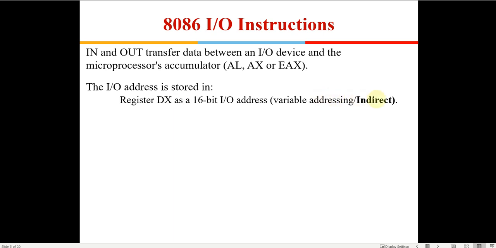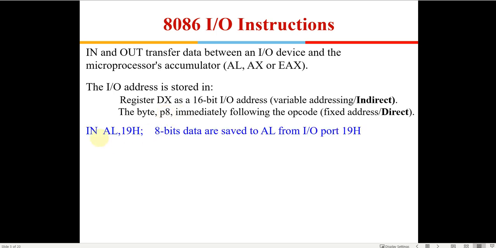For indirect addressing, the address is stored in the DX register. A 16-bit IO address can be stored in the DX register, and then we can use the indirect mode of addressing. In the direct mode of addressing, we directly specify the address, but in this case only a single byte is specified in the instruction.